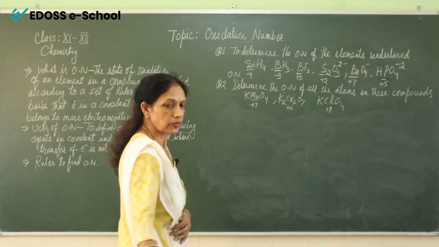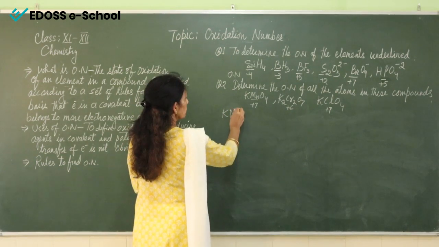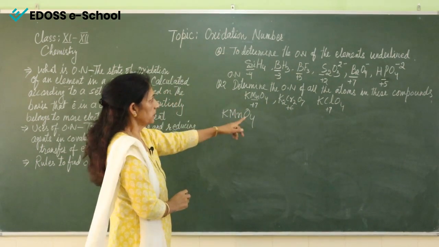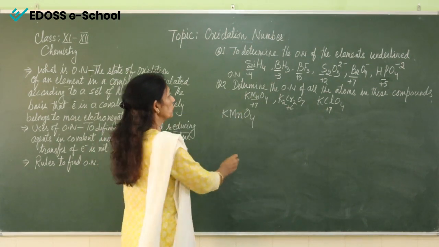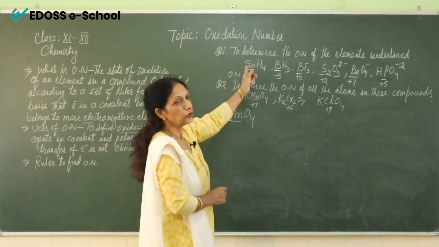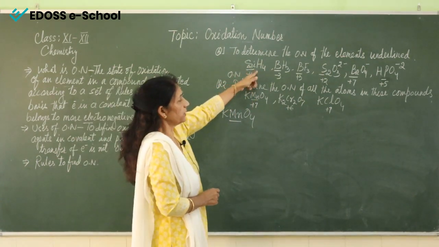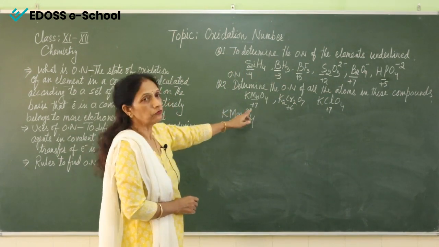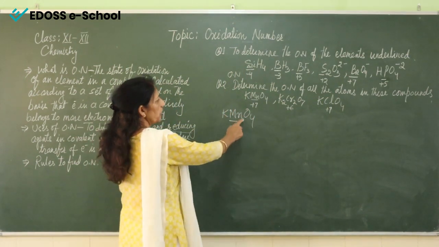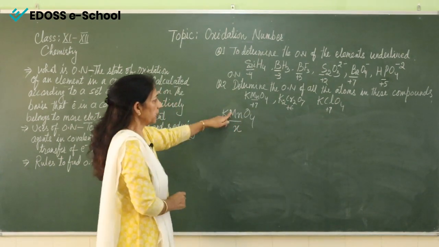Now see, suppose this is KMnO4. You have to find the oxidation number of Mn. Here we were having just two atoms of different elements, but here we are having 3. So how will we find it out? If we have to find Mn, we will take Mn as x,